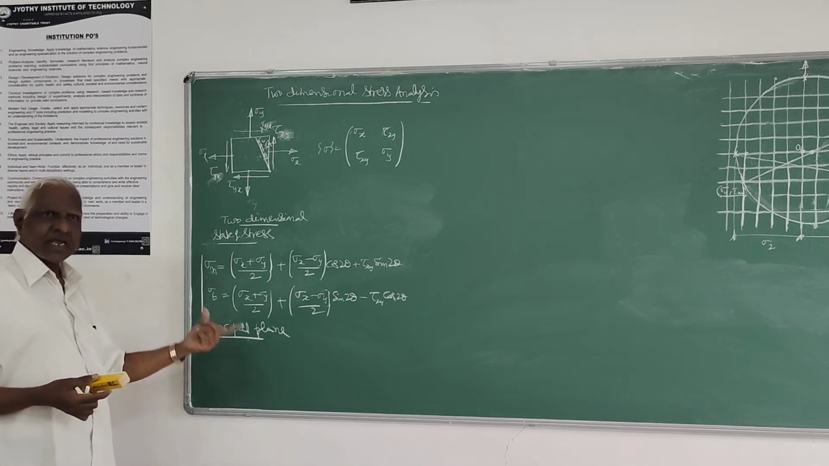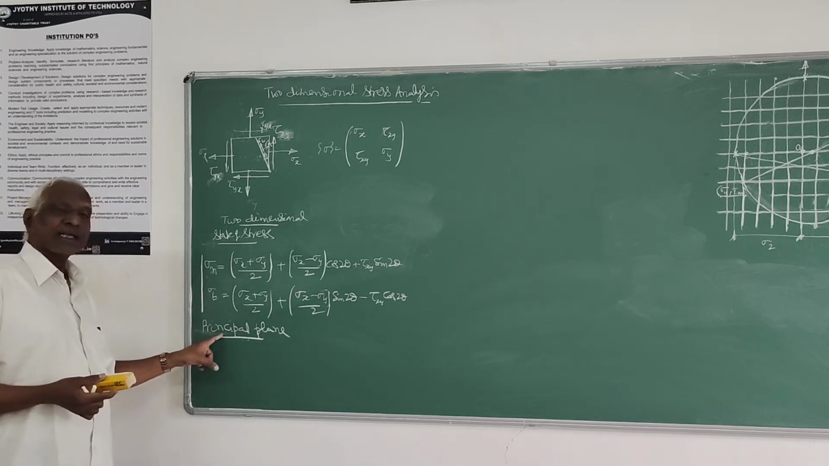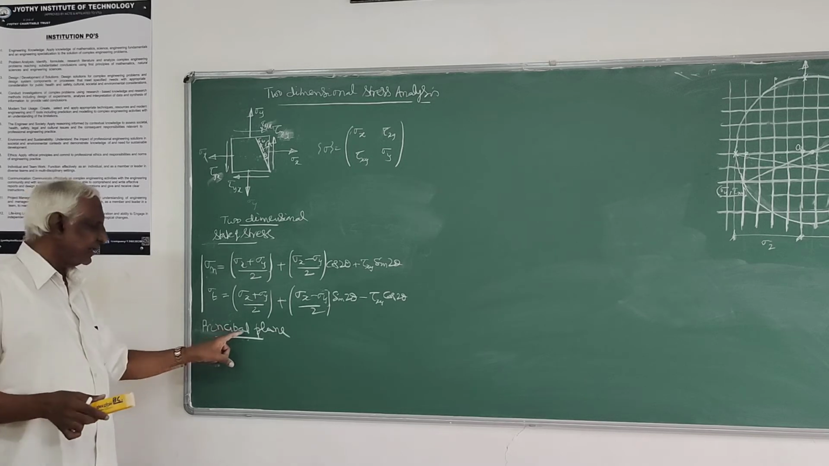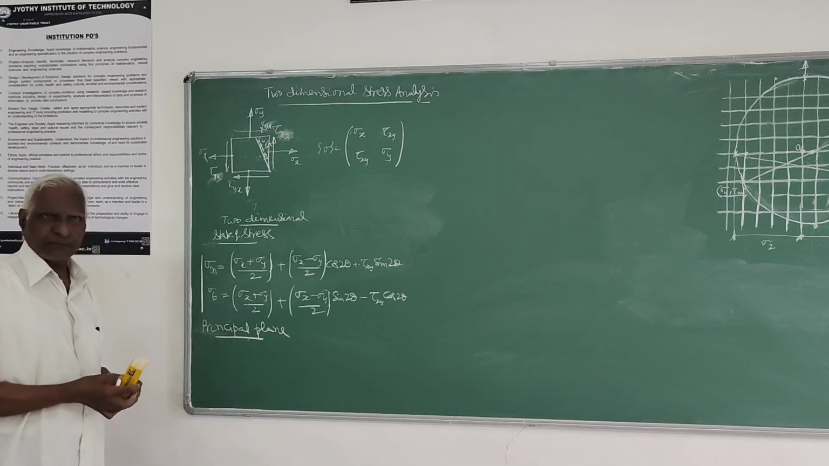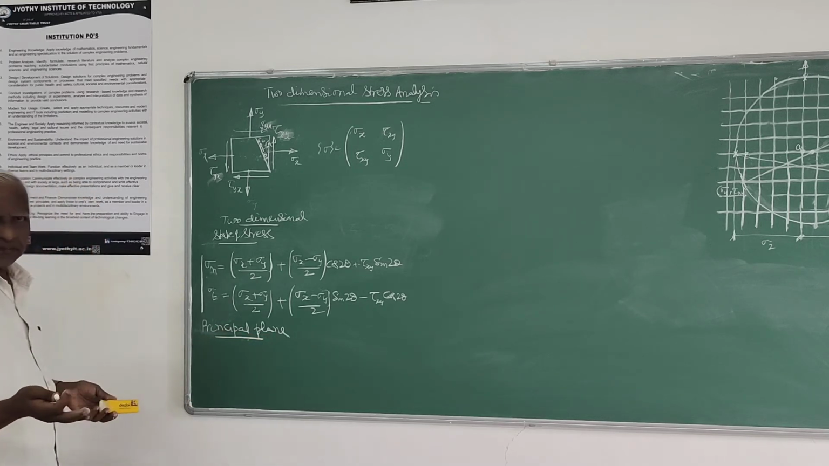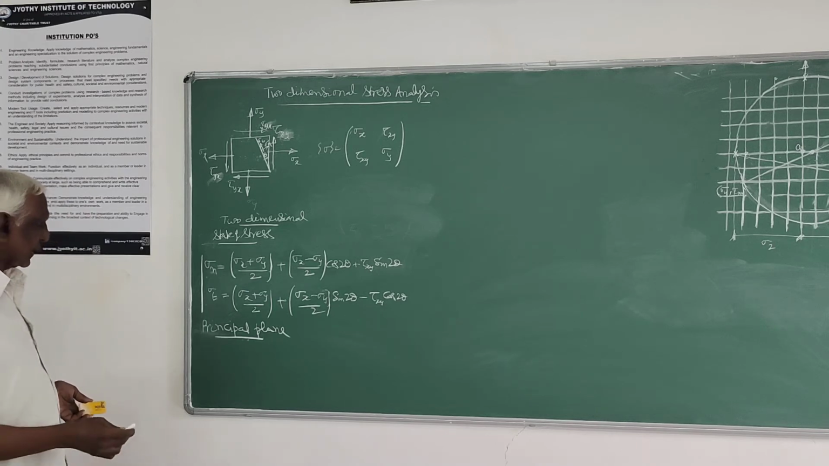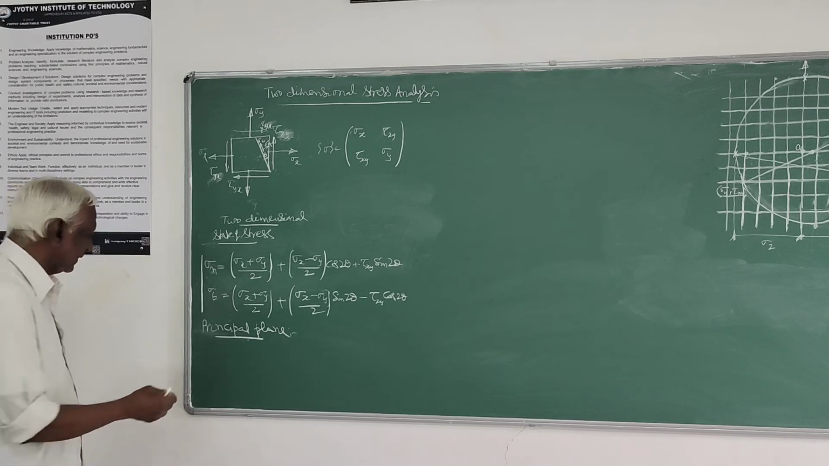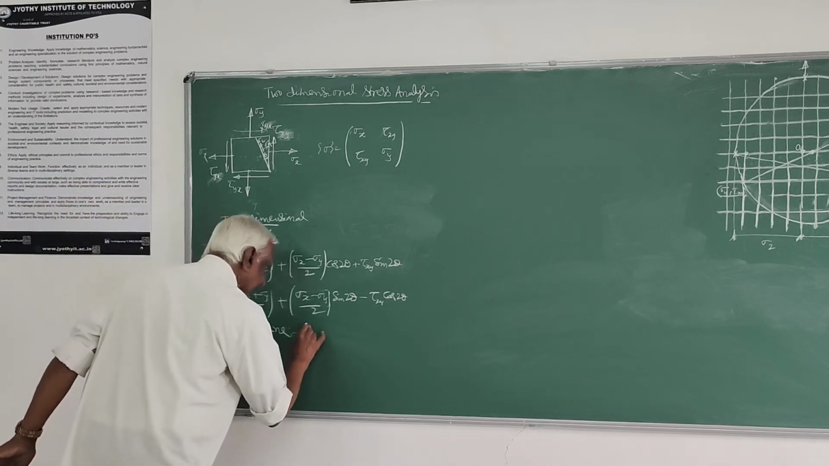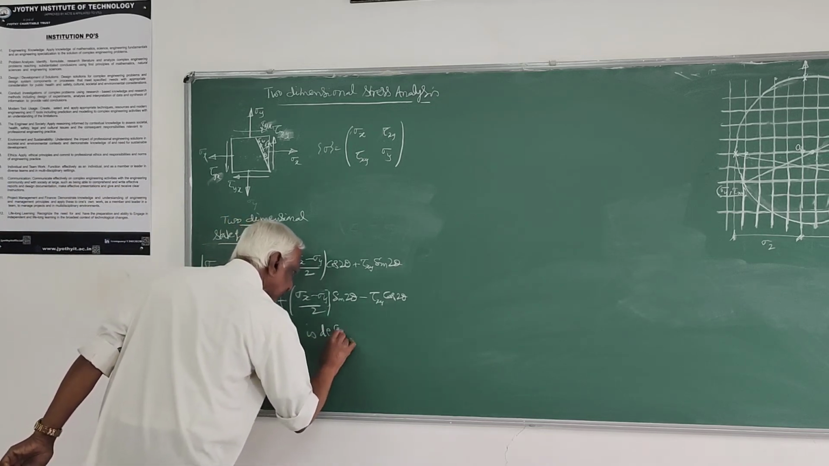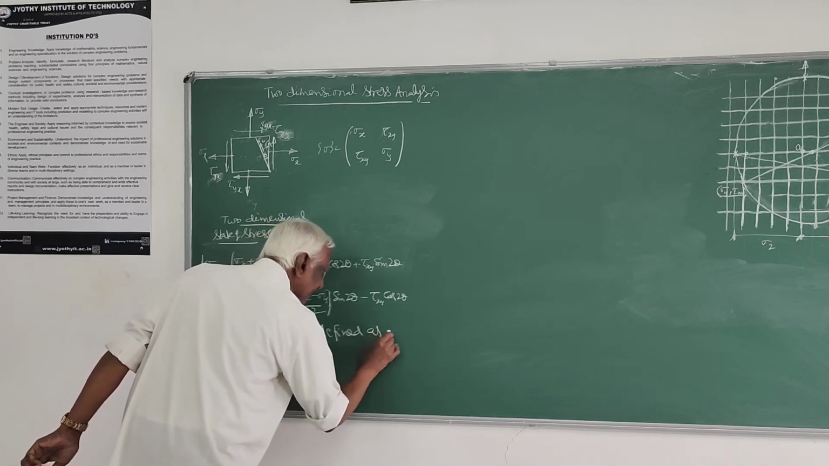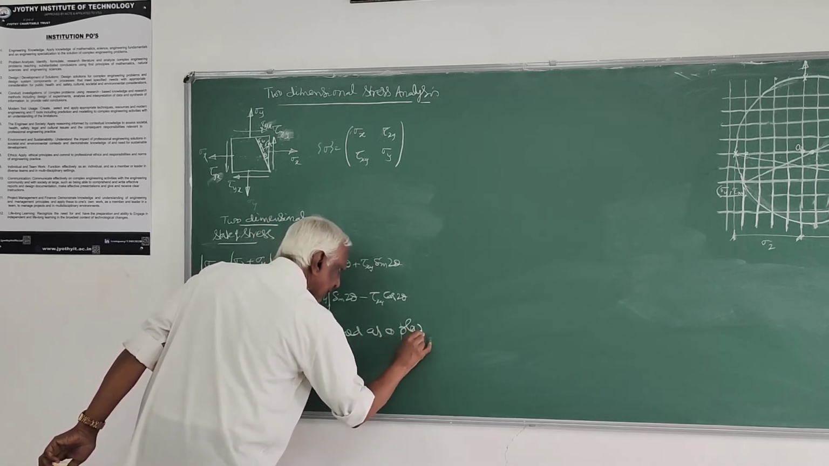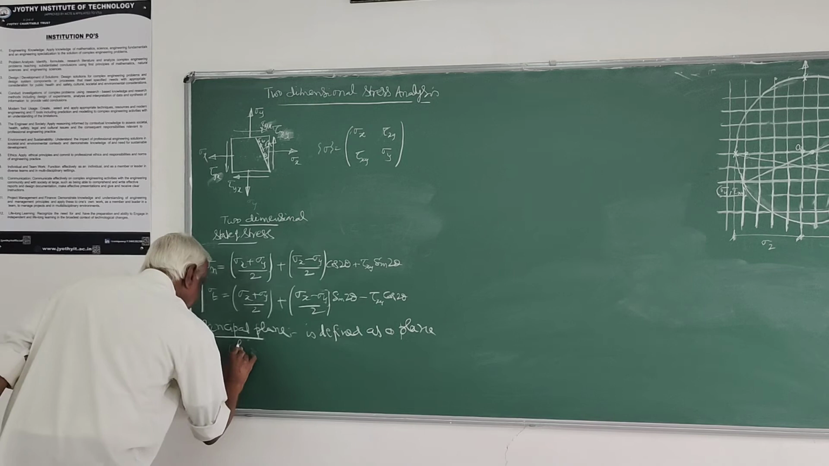Maximum normal stress always occurs on a plane within the element which is called principal plane. That definition also might have already been told to you in the class. Here I will just define, again it's a repetition. The principal plane is defined as a plane wherein